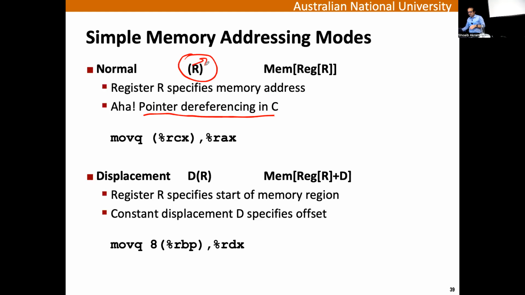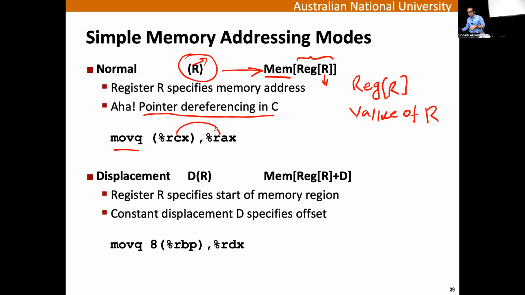This is a register. And the semantics, the meaning of doing that, is go to the memory location and treat the register R as an address. Register R means the value that is stored in R. Okay, and then we have seen examples of source,